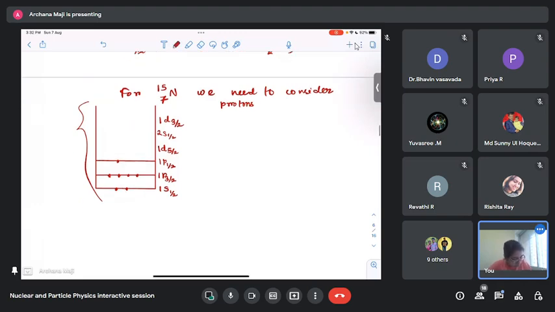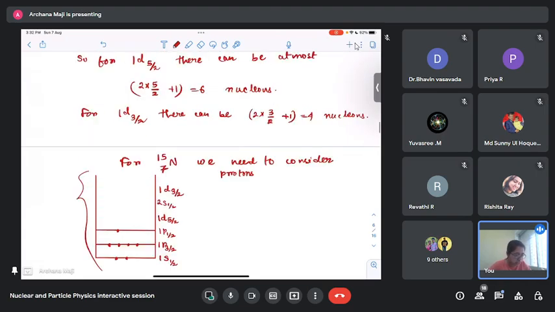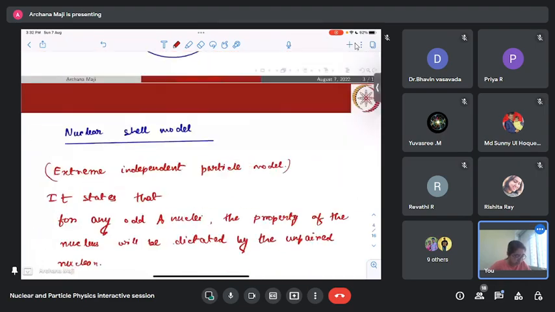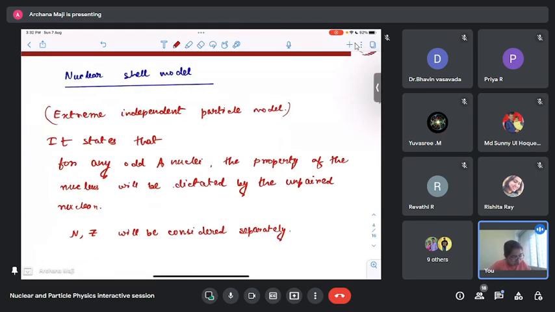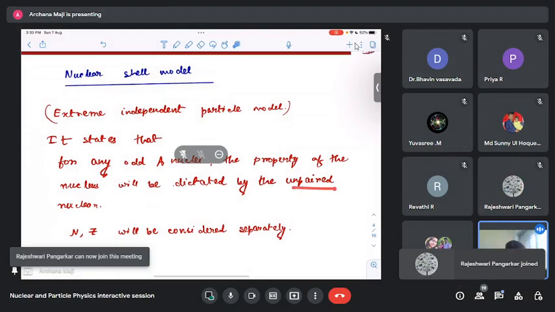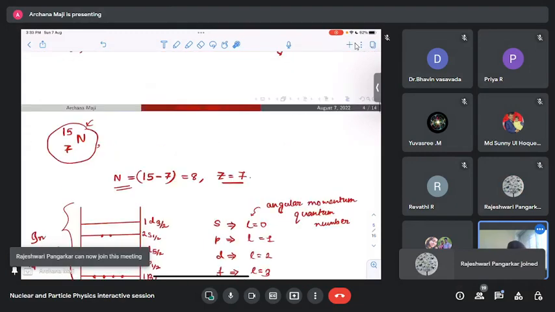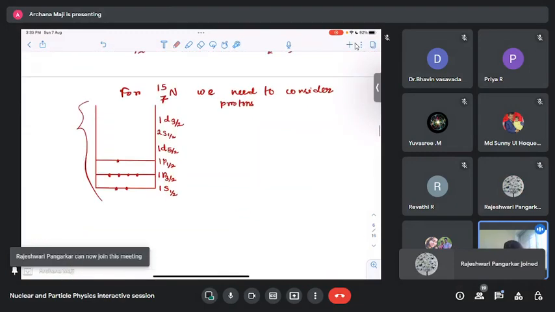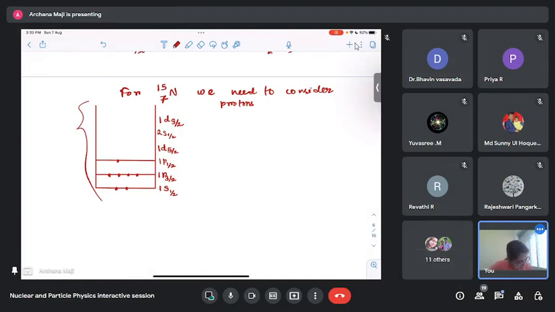So that's why, and what nuclear shell model dictates, it says that for any odd A nuclei, the property of the nucleus will be dictated by the unpaired nucleon. So here the unpaired proton is in 1p half level,